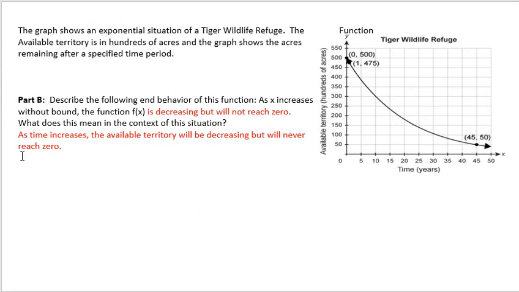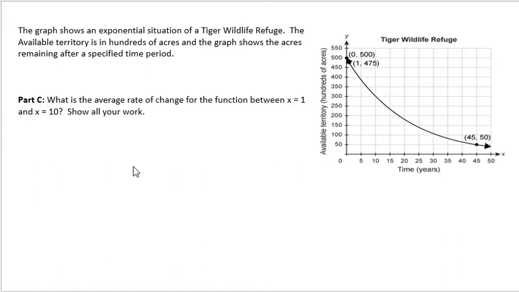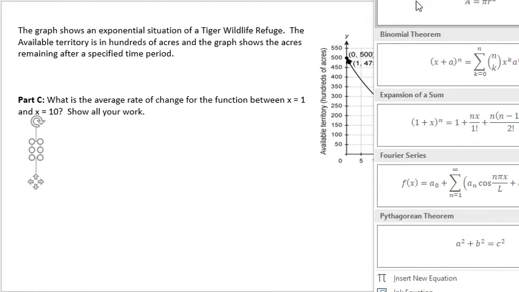Using the graph. So that's what the end behavior is in this function. So in part C, what is the average rate of change for the function between x equals 1 and x equals 10? So if you'll remember, our average rate of change, that's just like using our slope, right? So let me remind ourselves of that slope formula,